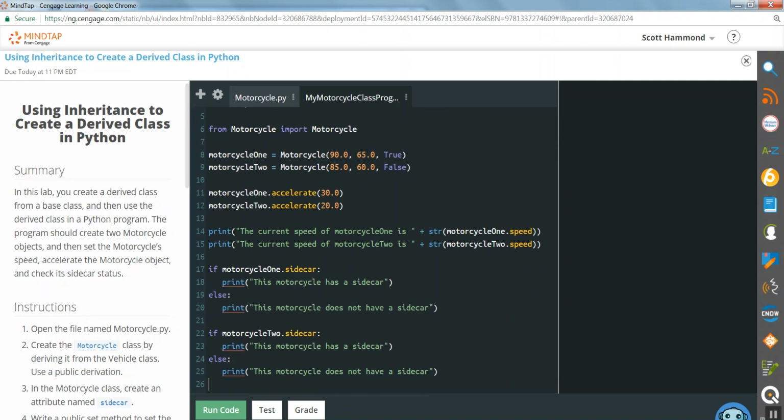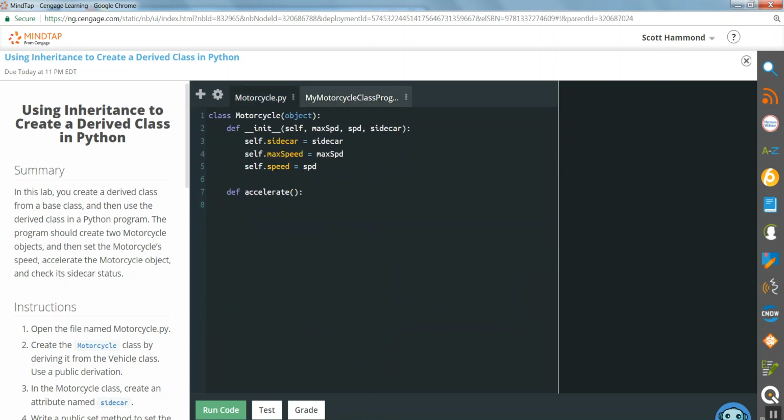Okay? It's an increase in speed, and down here, come down. We check to see is it has a sidecar, yes or no. And in our accelerate, we need to put a conditional in there. So let's say speed comes in. We'll use that same SPD that we used above. And in our accelerate, it's not just speed. We also have to pass itself. Come back down. And let's put a conditional in there. If self.speed is greater than